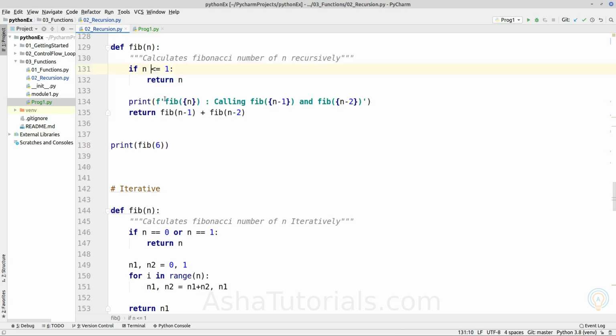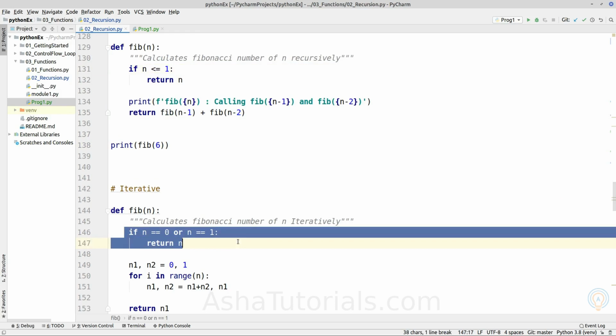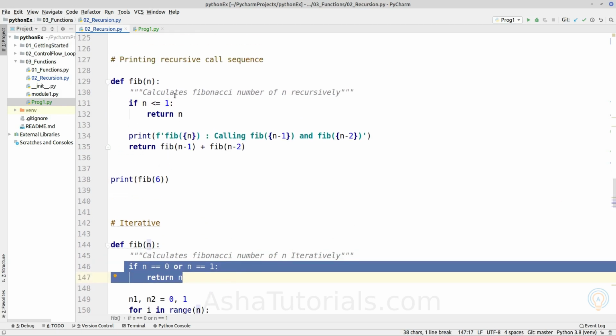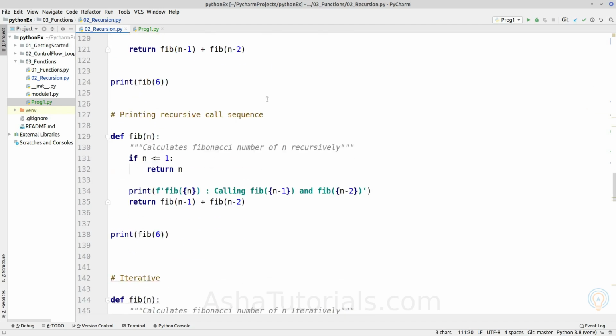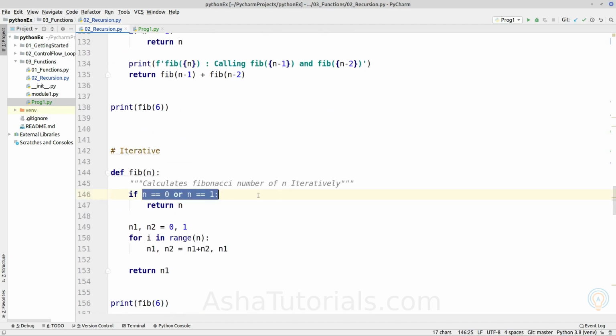Okay. So we know the base case for Fibonacci of 0 is returning 0. Fibonacci of 1 is 1, so we are returning the same. If n is 1 or 0, then we are returning the same n. And for all other n, we are taking two base values, and for each step until it reaches the nth, we are making n as